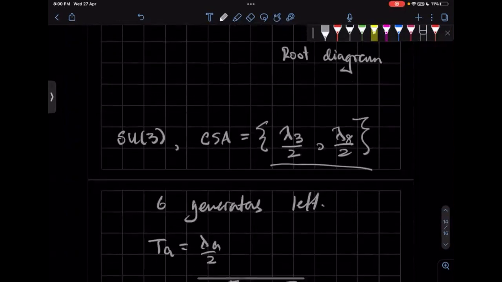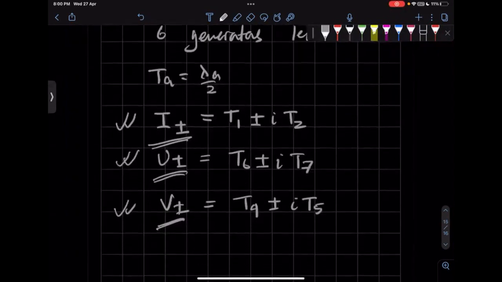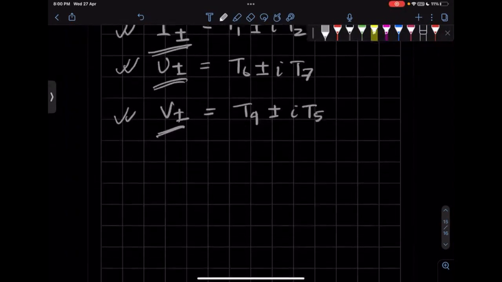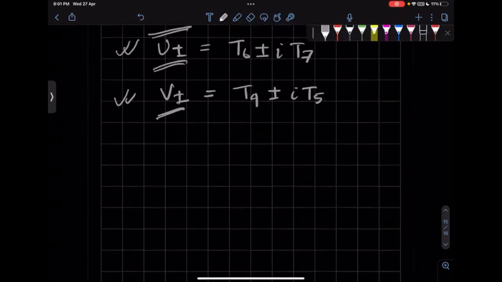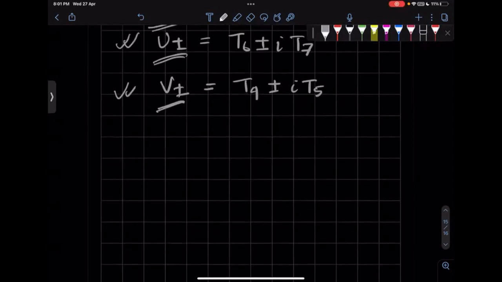But since the Cartan subalgebra is two-dimensional, each vector will be labeled by 2 real numbers. So the root diagram in the case of SU3 will no longer be a line, it'll be a two-dimensional object. So the root diagram of SU3 will have the vectors associated to